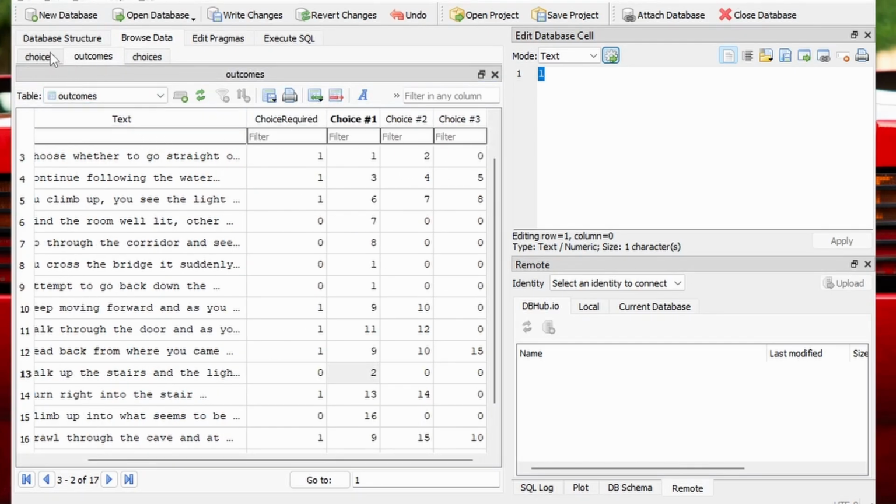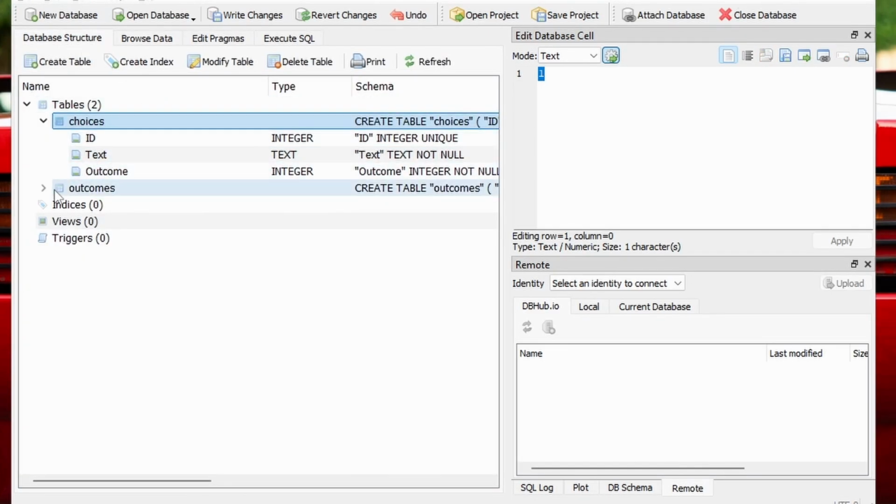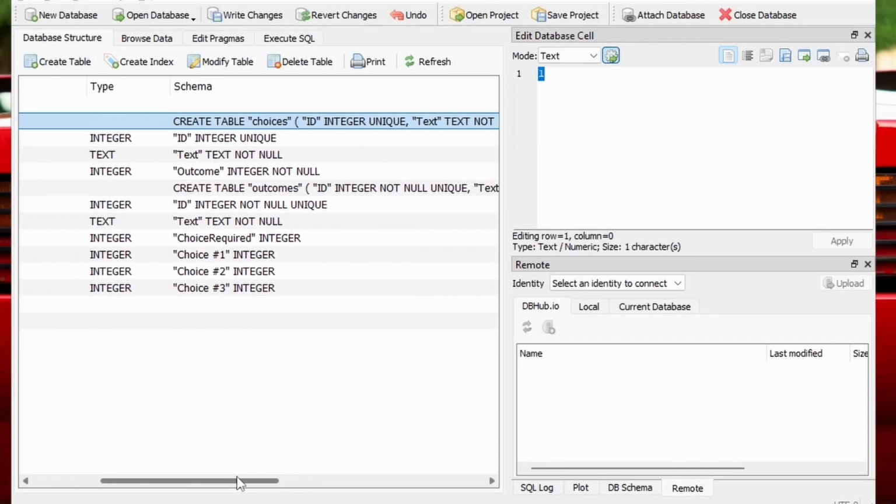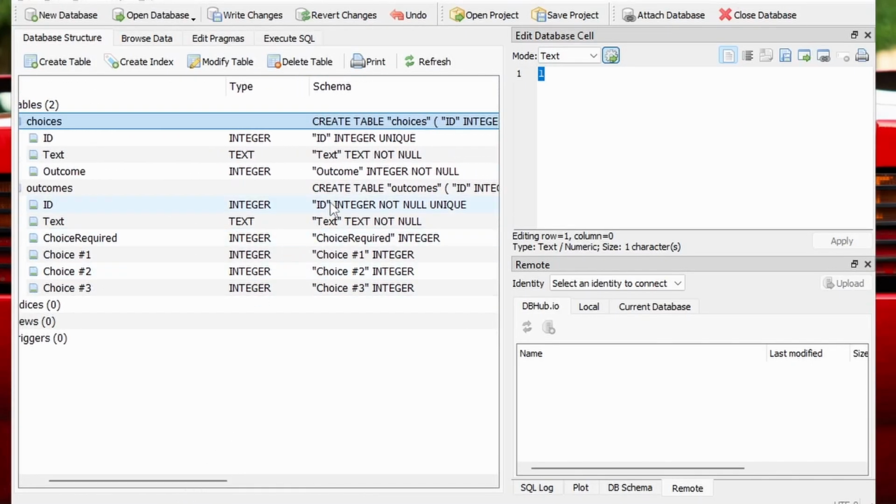All right, now let's go to the outcomes table and see what kind of values or data we're looking at. So again here, ID, same thing. Not null, unique. Now, I guess I could also make this not null. Doesn't really make a difference whether it's null or not null. It's always going to have a value because you're always trying to reference that ID, but that's okay. Text, again, text not null, what your flavor text is, what you want to happen with